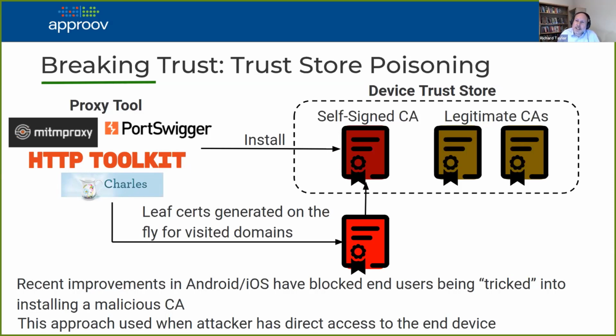And that's typically one of the things that's done if you're trying to analyze an app from the point of view of building some kind of script to impersonate your app, for instance. Now, it must be said in recent years, unless you control the end device, it's quite difficult now to accidentally install one of these self-signed certificates on your device. There's been a lot of additional protections put in both Android and iOS to prevent people being tricked into installing one of these certificates so that a man in the middle is possible without controlling the device. So this is typically a technique which is used for analysis when you control the end user device.